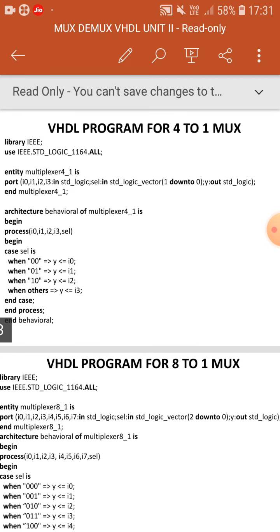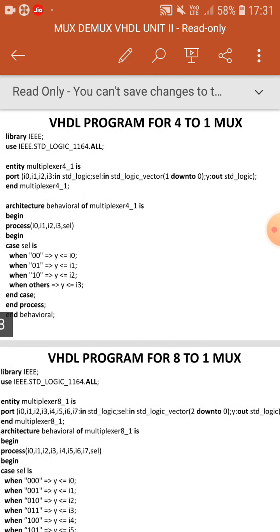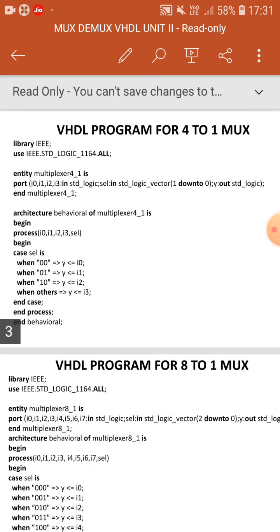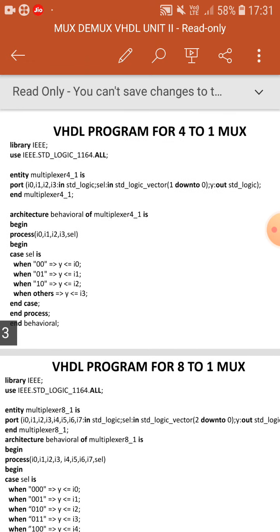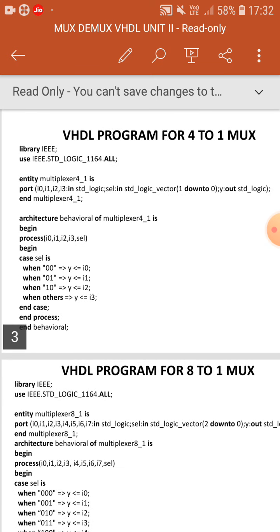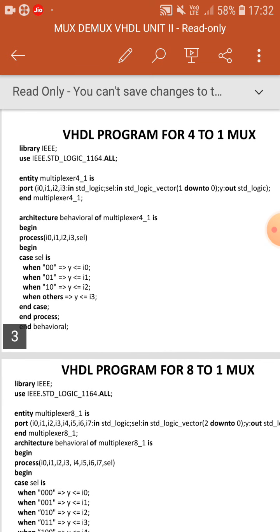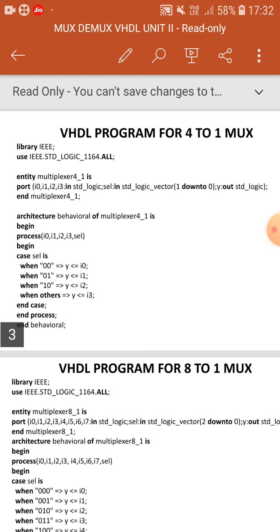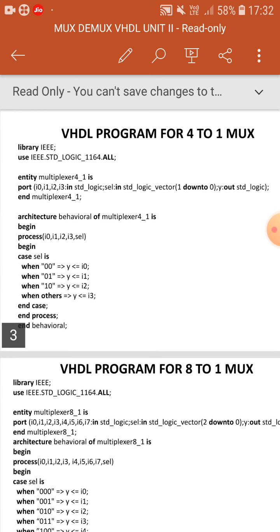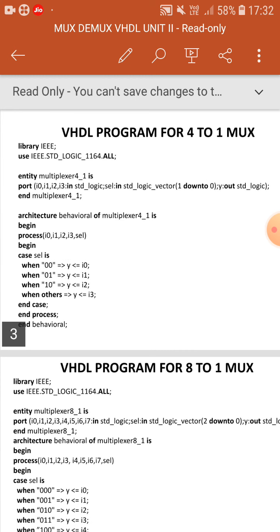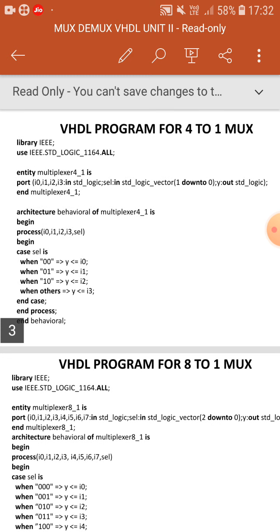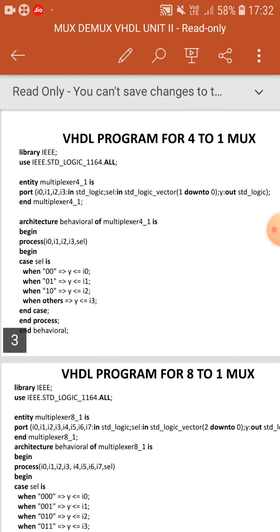SCL is a 2 bit value, so I am using std logic vector 1 down to 0. So first bit is SCL of 1, next bit is SCL of 0. SCL of 1 is the MSB, SCL of 0 is the LSB.